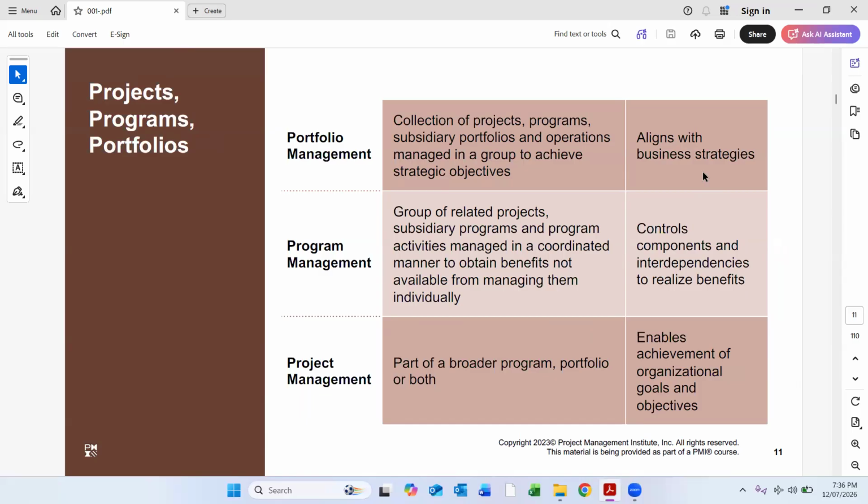So a portfolio is a collection of projects, programs, or subsidiary portfolios and operations managed as a group to achieve strategic objectives, which align with business strategies. So this is just a definition. But how do we define a portfolio? A portfolio is like you have